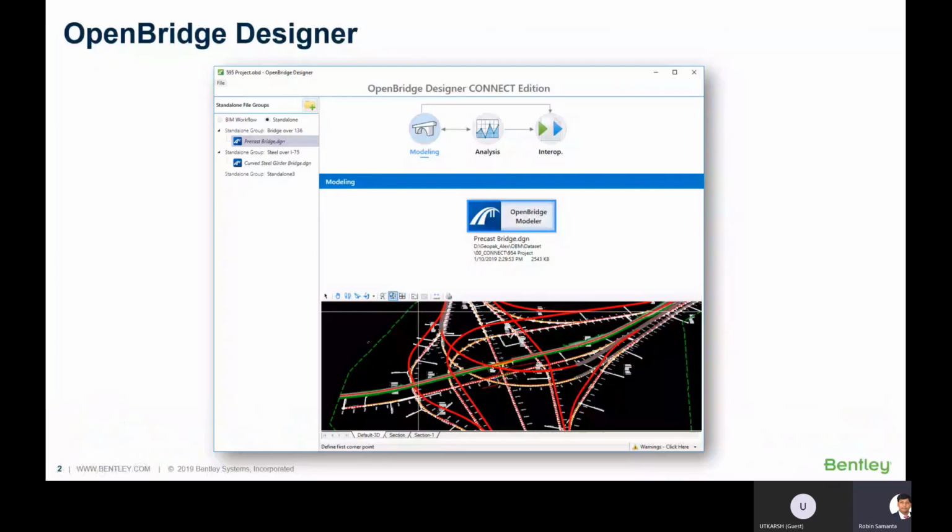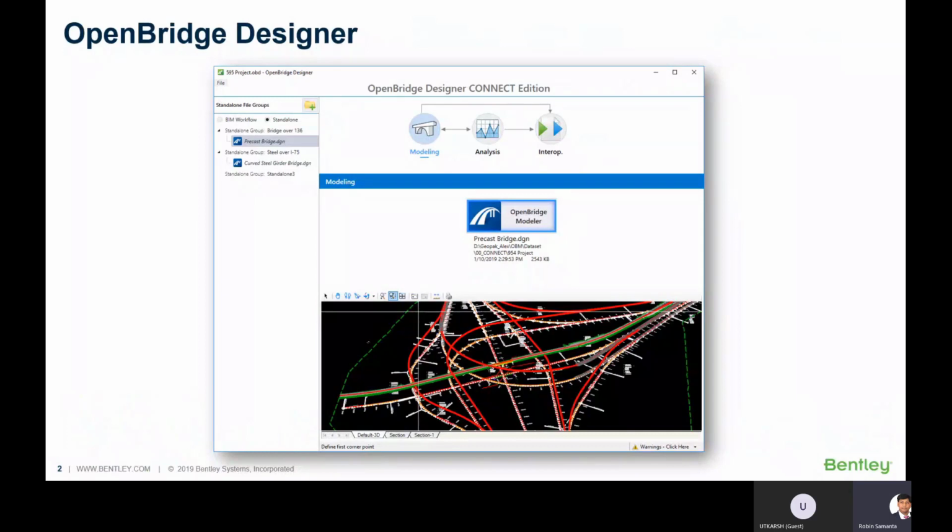Okay, so if you see in this slide, it is the basic interface of OpenBridge Designer. So here you can see, when we open OpenBridge Designer, you will get this interface. What it says is that if you are working for a BIM workflow, as you know we are moving to a BIM workflow right now, because that is not only to create and manage your information during the project, but also if you are creating an asset by using a BIM workflow, you can actually manage those assets in future.